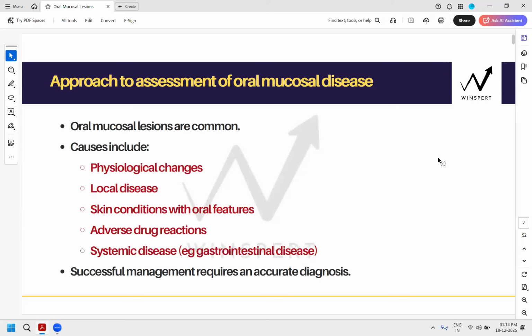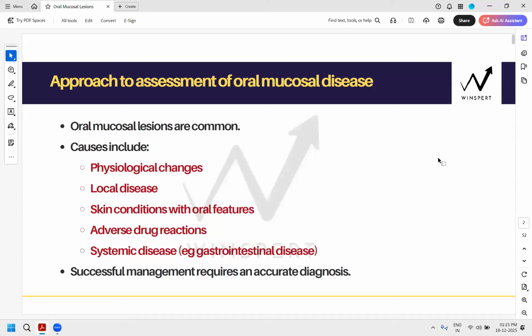So we are going to start with the general introduction to the oral mucosal lesions here. What are the basic causes? What are the basic etiological factors which lead to the oral mucosal lesions? And they are extremely important in your clinical dentistry when you start practicing wherever you're practicing, and when you start practicing in Australia. These would be like your regular presentations in your patients. So they are extremely common, and that's why, as a general dentist, you must be aware of all the local diseases, skin conditions, and all the physiological changes which are associated with these oral lesions.